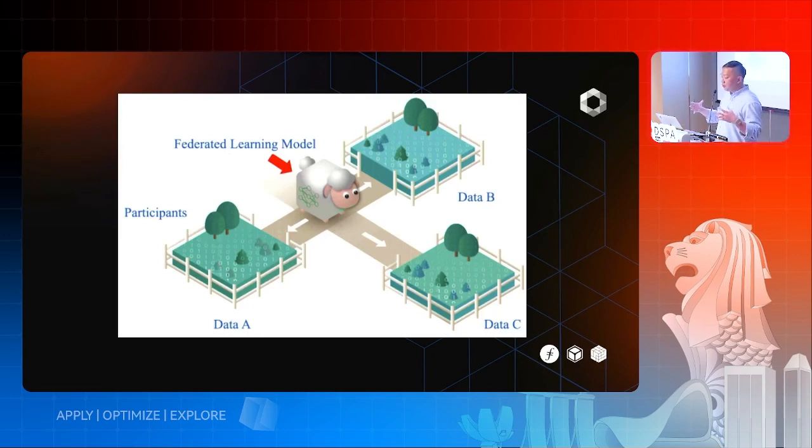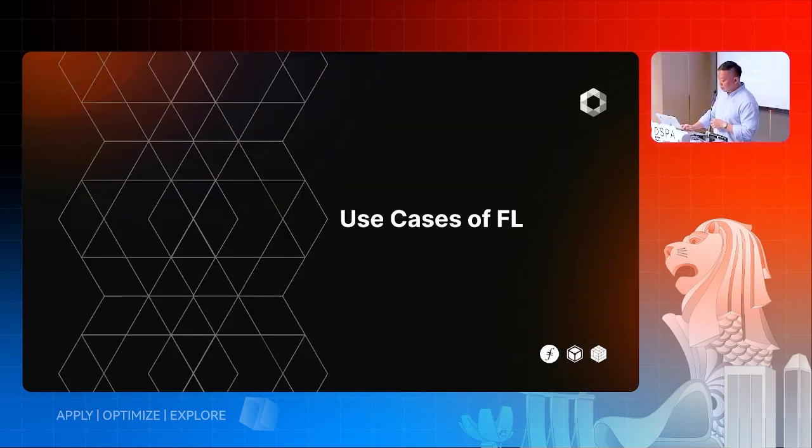So you can have different participants give you the data. Of course, the data has to be the same. You have to define the parameters of the data first. So these parameters can be done in the form of a smart contract as well. But let me just talk a bit about the use cases of federated learning, for you guys to perhaps understand why this is so important in the next leap of machine learning.